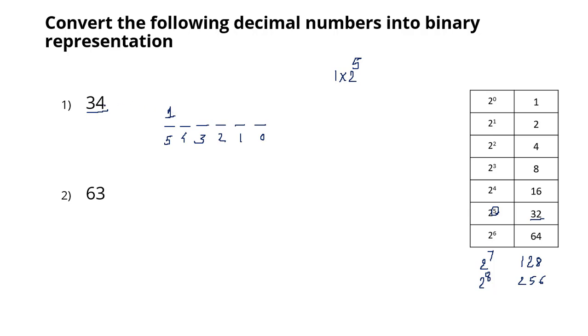But actually what you want to represent is 34. So how much do I have to add to 32 to get 34? I have to add 2. So where will I get 2? It is 2 raised to 1 actually, and 2 raised to 1 is 2. So when I put 1 here, 1 multiplied by 2 raised to 1 gives me 2. And if I put 0 at the rest of the places, this is how I can represent 34 in binary. This is the simplest and easiest way to think of it, right?